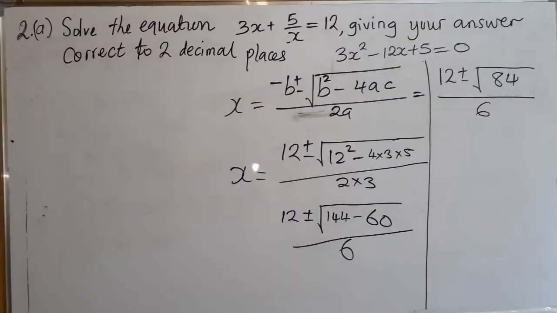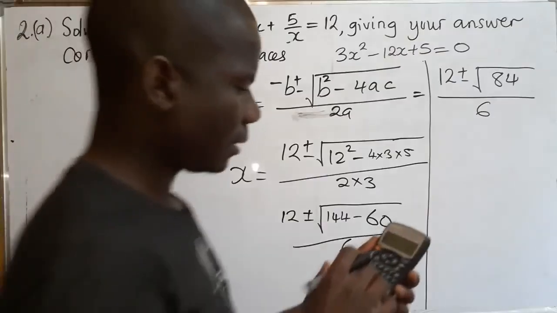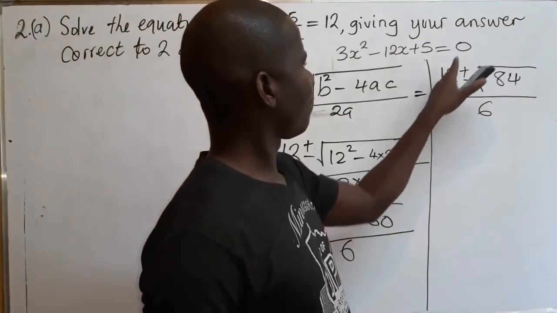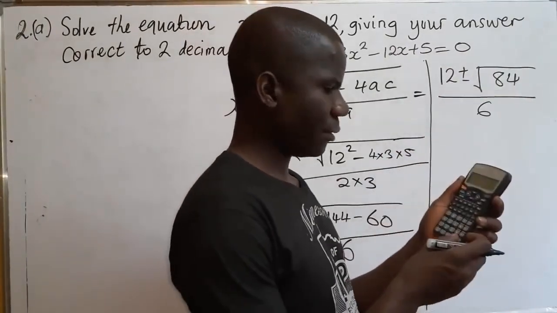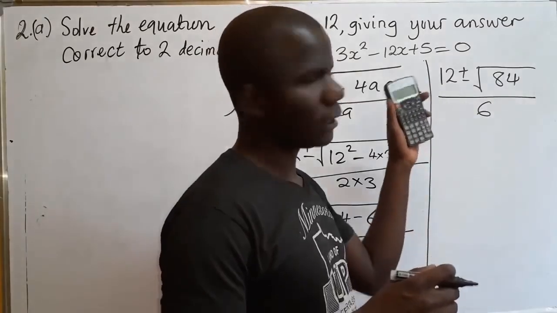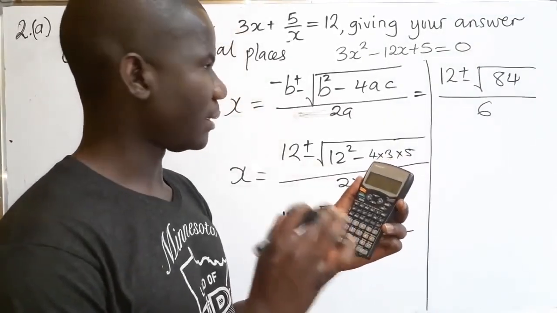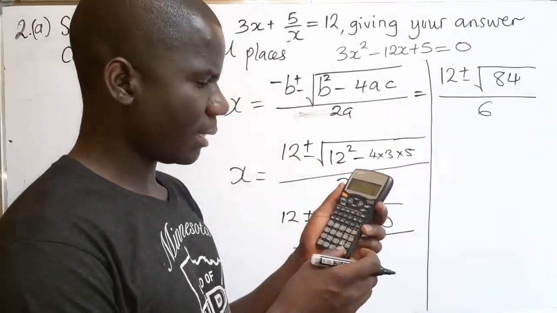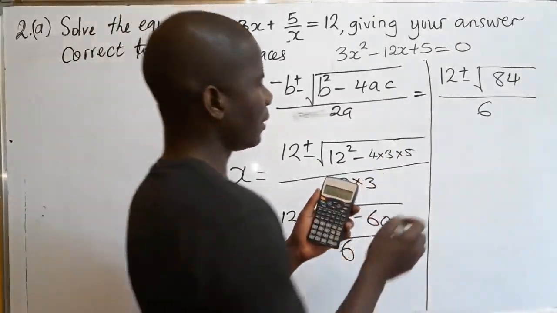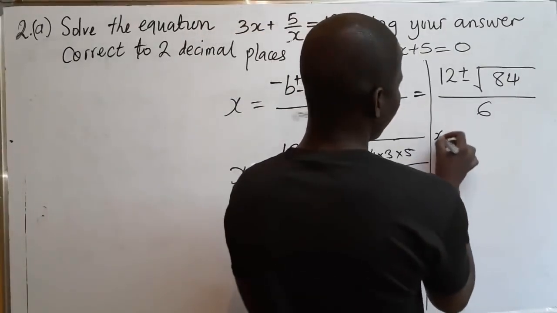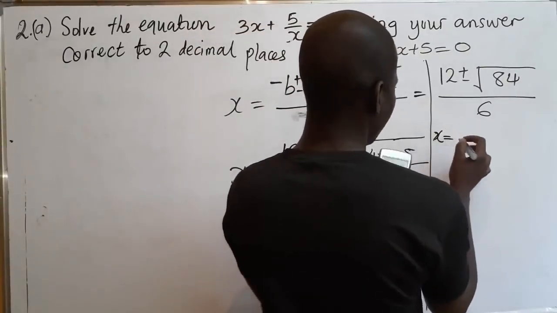Okay, so just punch on your calculator 12 plus the square root of 84 equals. On that answer that you get, you divide it by 6. You divide it by 6. So you're going to get that one of the values of x, which is